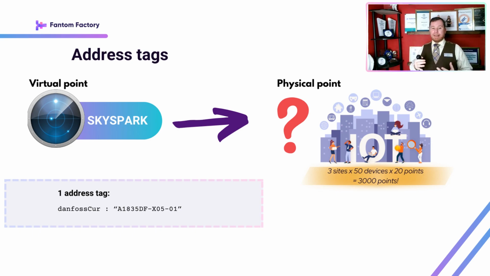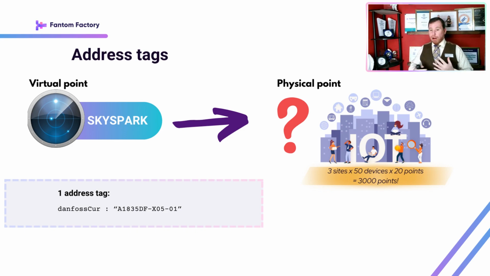Now, all this ID data is driven by the end system. It dictates what data we need to hold. For instance, if we're working with Danfoss devices, they usually use node, mod, and point values to identify the physical point. Or it may also use rack, circuit, and suction IDs. Note, our address tag can only use simple values like numbers or strings or URIs. We're not allowed to use complicated values such as maps or arrays or dicts, which may be easier to use.